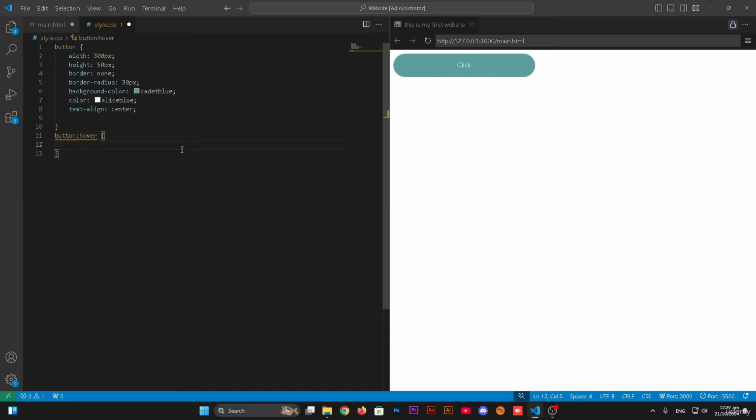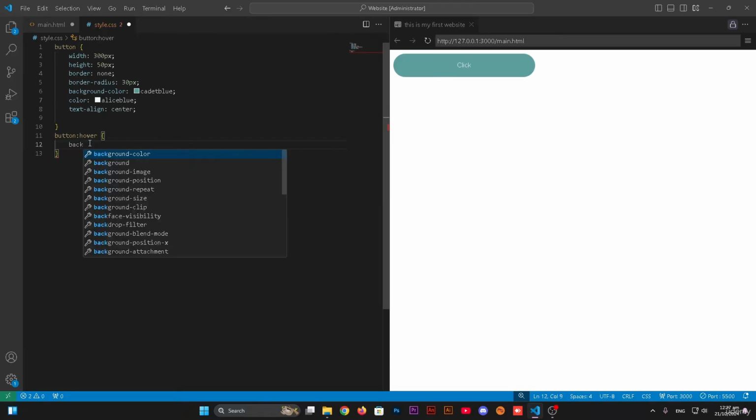So we say that for the button, if the mouse hovers over it, then do these things. We write background color to